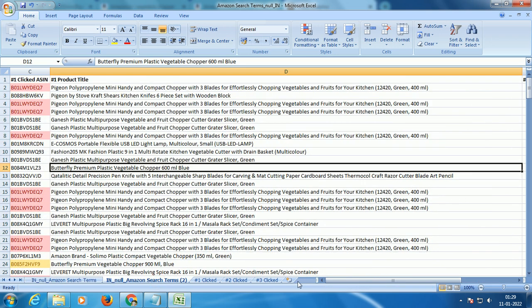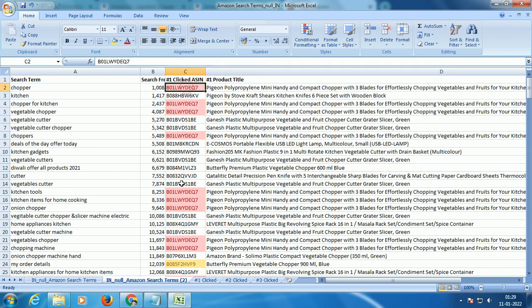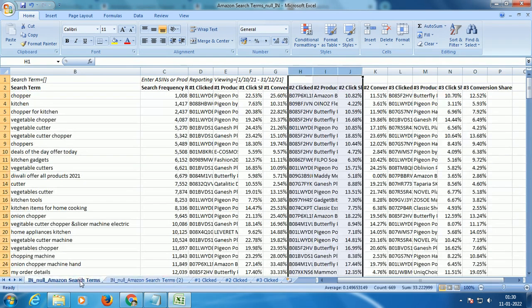Yes, see, we deleted a couple of cells, but I am sure you will be able to recollect what we discussed. You see this guy, he's ranked for most of them, right? In order to determine that, we did not do any data analysis or crunching. We just color coded the cells, and we have seen that this particular ASIN is colored the most, or appearing to us the most, and in that manner we are able to determine whether he's an alpha ASIN or not, right? And then we have done data chopping, right?